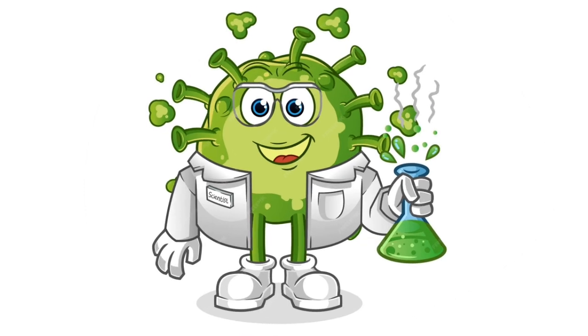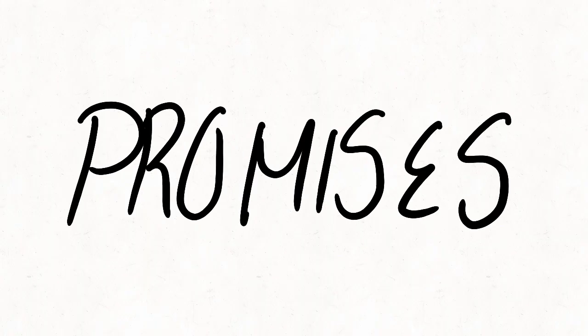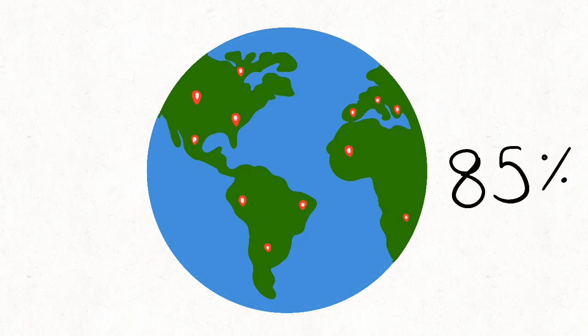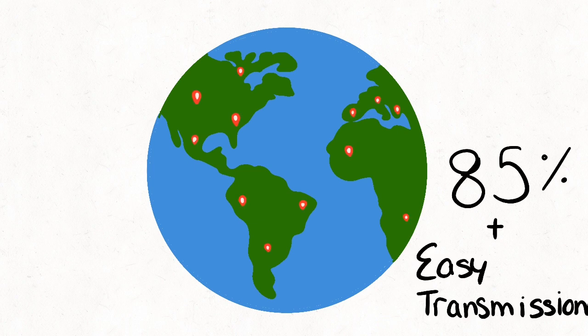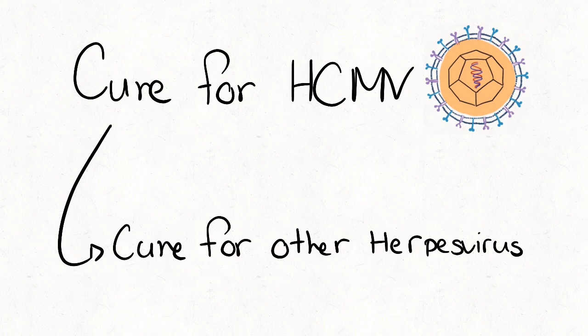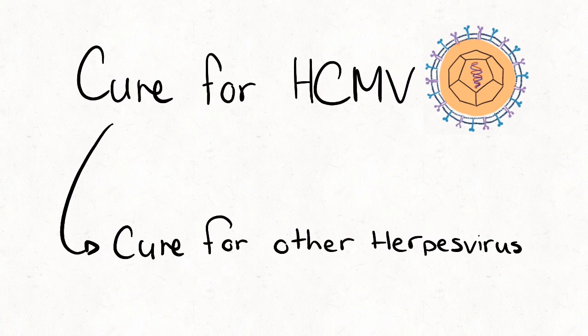Interesting. As we wrap up, what do you envision for the future of HCMV research, and why should our listeners care? The future of HCMV research actually holds a lot of promise. So HCMV is found within 85% of the population and can easily be transmitted, as previously seen. So finding a cure or a mechanism to prevent infection to HCMV is crucial. A cure or vaccine for HCMV can also aid in the development of therapeutics for other herpes viruses that are also